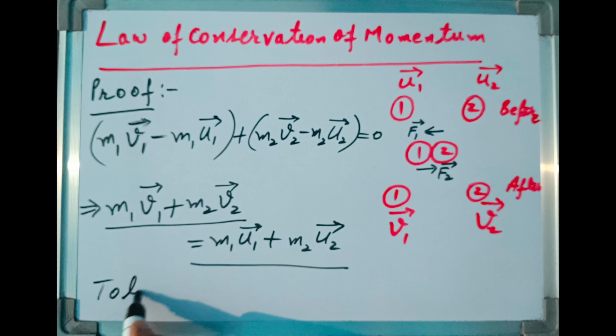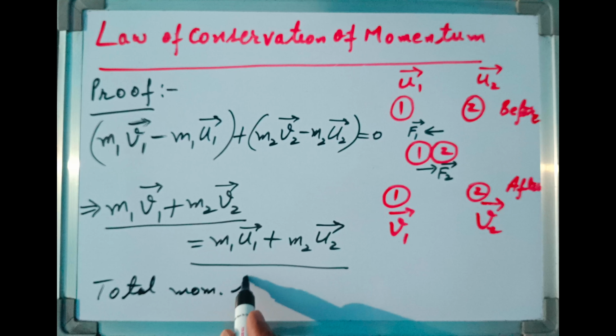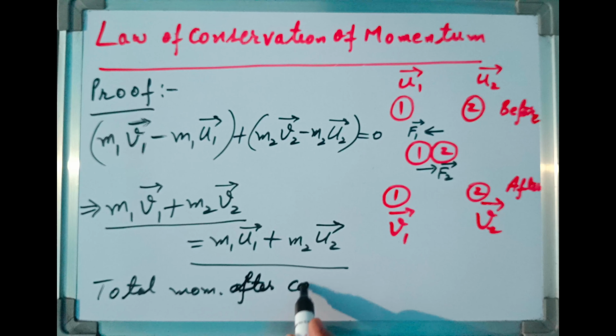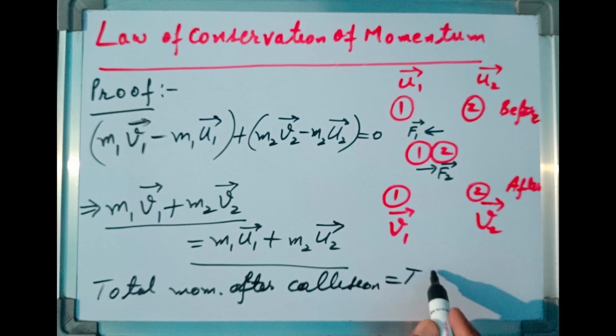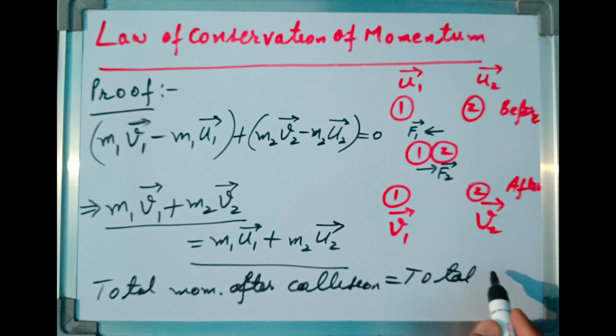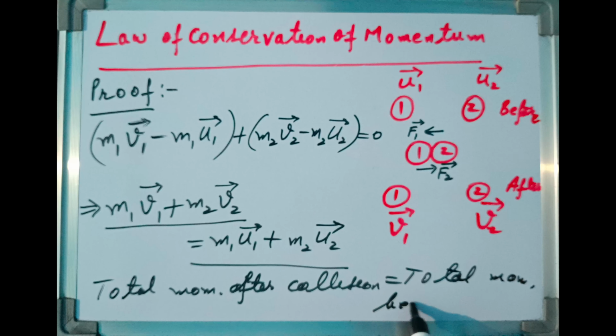So I can write total momentum after collision equal to total momentum before collision. That means the total momentum of the system of two bodies does not change during collision of the bodies